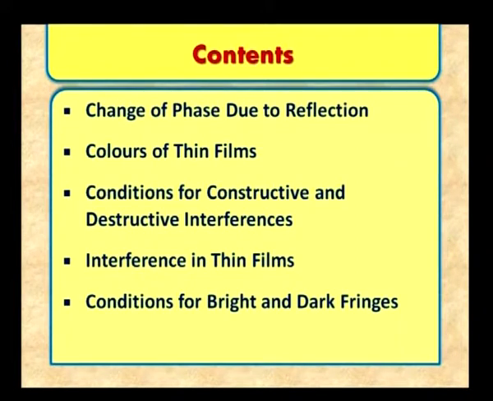As I told you in the last lecture, when a light ray is incident from air to glass, you have a glass medium, and a light ray is incident here, this is air. So, the light ray is incident on the surface of the glass. When it is reflected, it will undergo a phase change. How much is the phase change? It is pi or lambda by 2. Okay. So, what is meant by path difference?